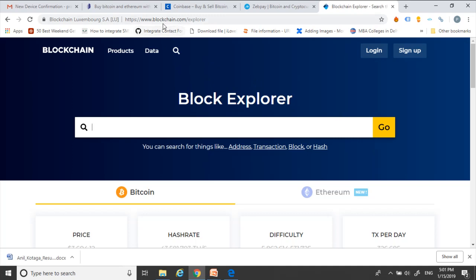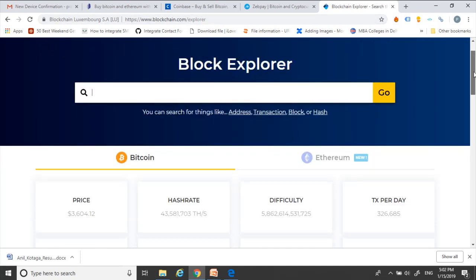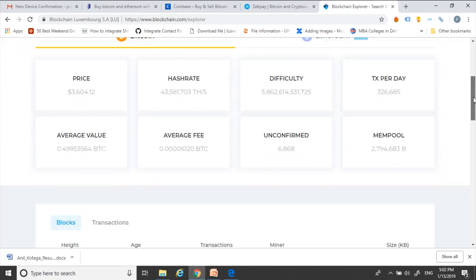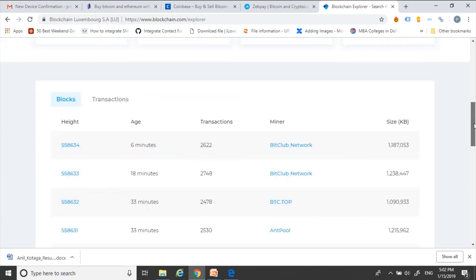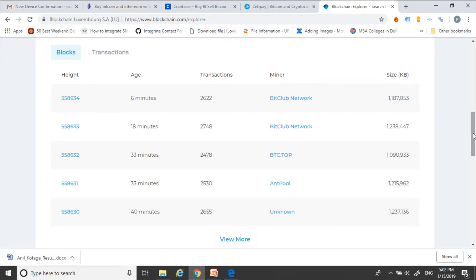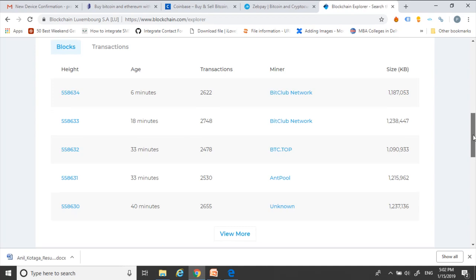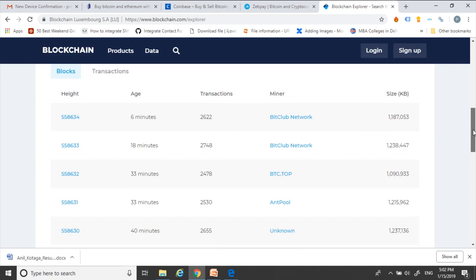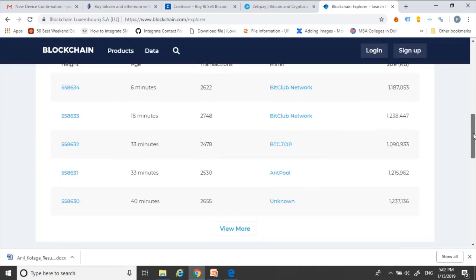You can see this is one of the best websites, blockchain.com. If you open blockchain.com, you will have all the bitcoin transactions and trades available here, all the historical data. That's an open ledger. So there are blocks. Now typically a block takes on average around 10 minutes to get created at maximum, I have seen, and maybe less than that also.